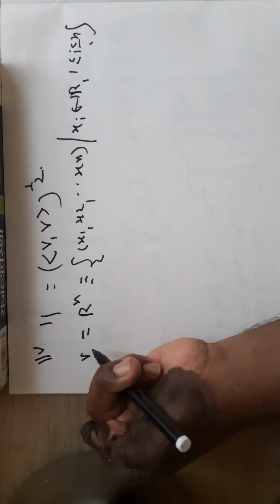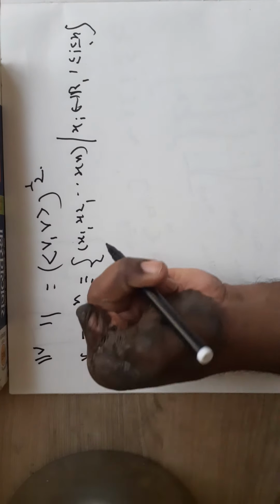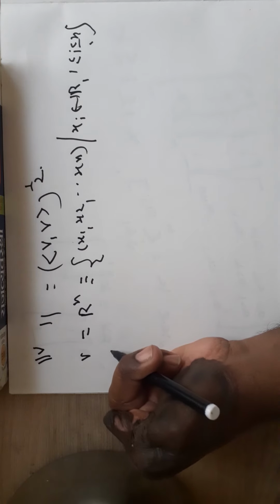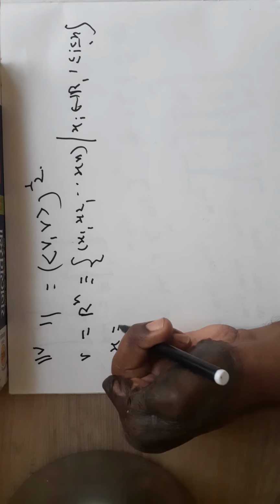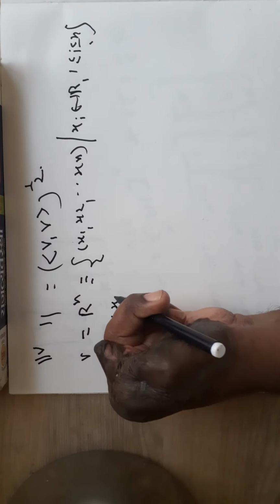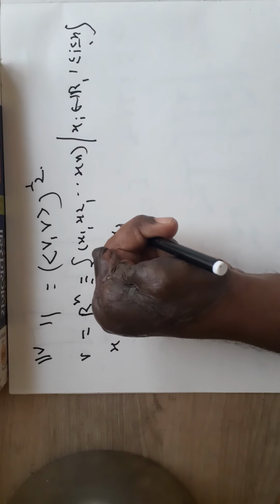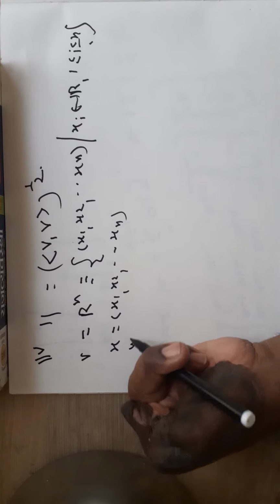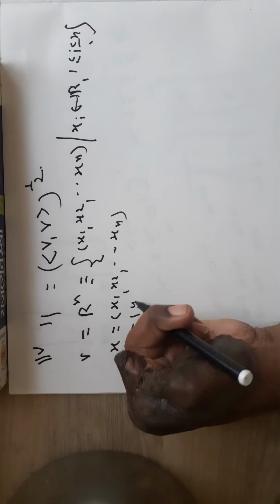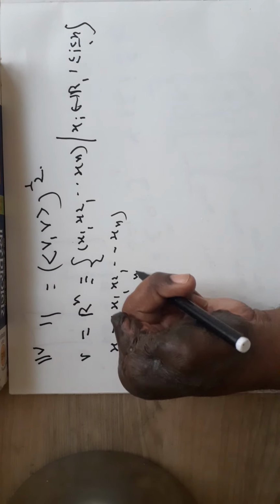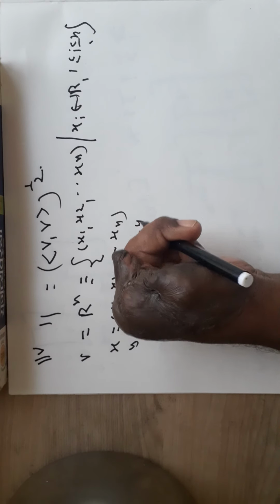Therefore, V is equal to Rn, a real vector space. If x is equal to x1, x2, ..., xn and y is equal to y1, y2, ..., yn,